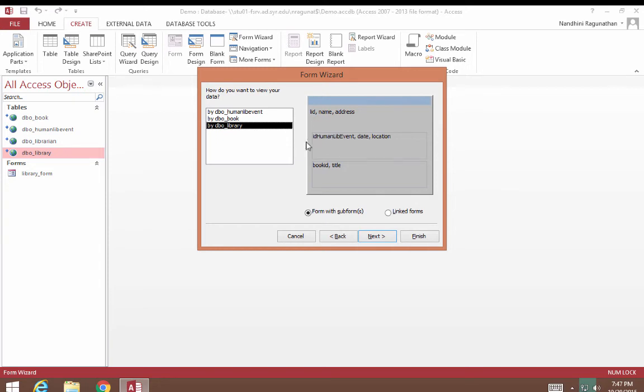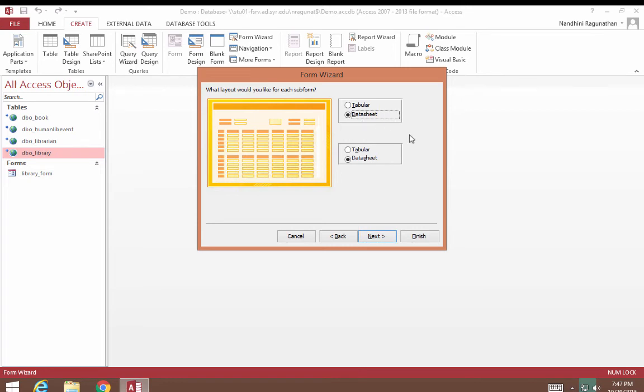It's going to have event ID, date and location from the human library event table as a subform, and then another subform from the book table which has book ID as well as title. Make sure that the form with subforms option or radio button is selected before you move on. After that, click on Next.